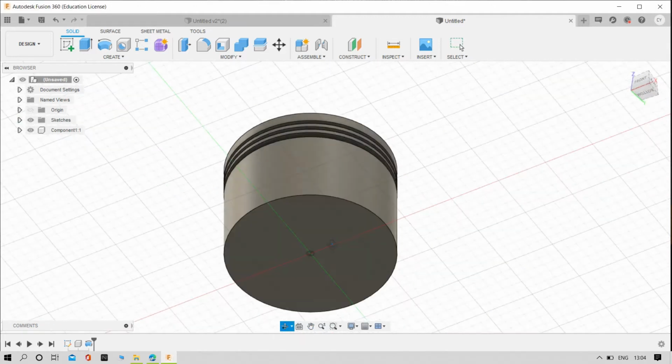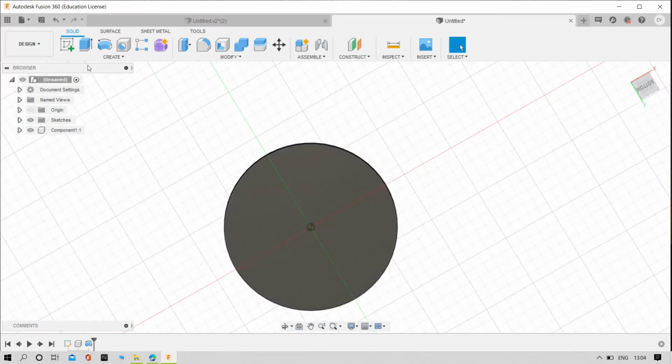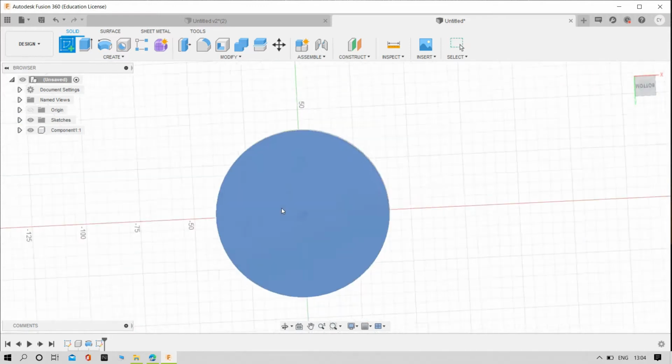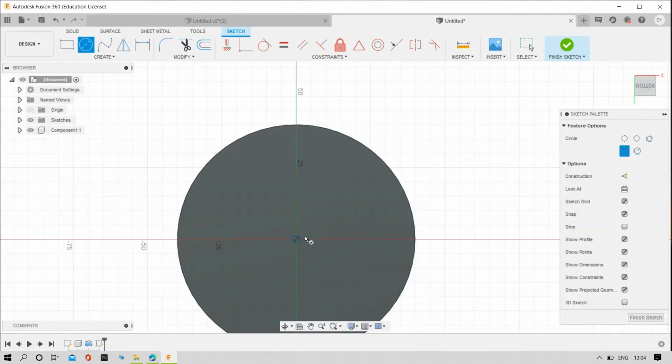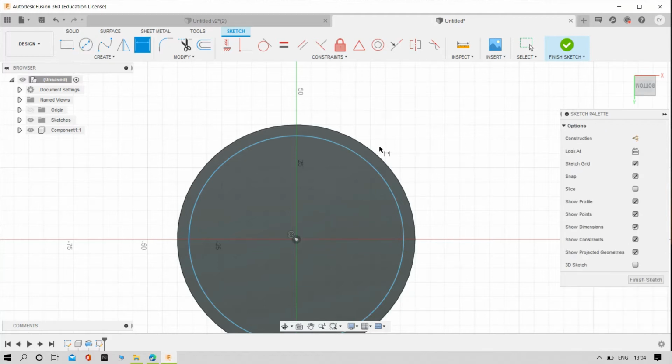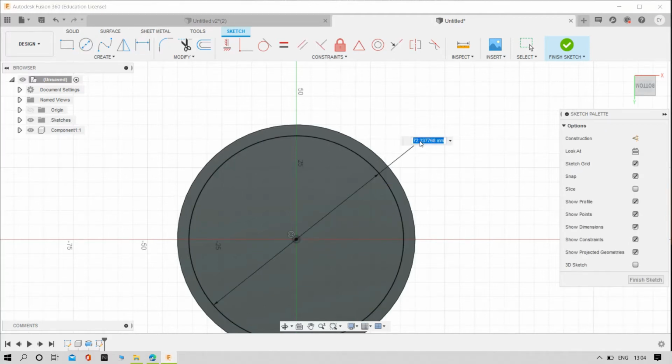and then we need to create one sketch here. For that one, create a sketch, select it and then try to draw the circle up to 75 diameter is 75.